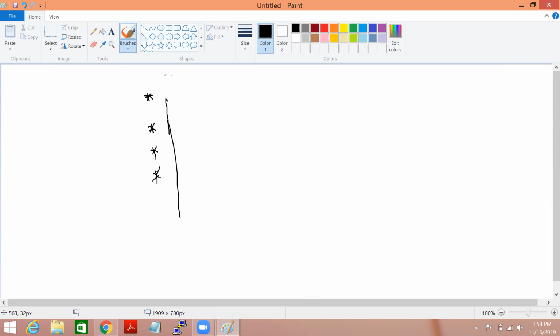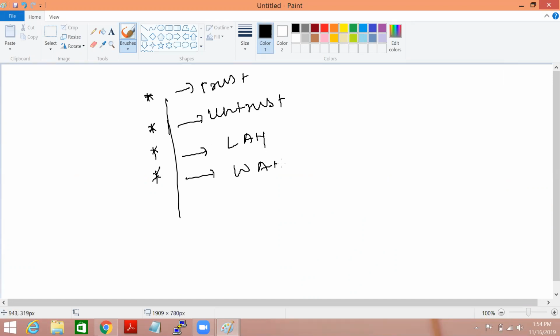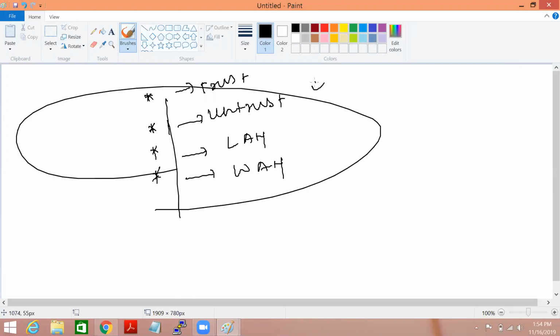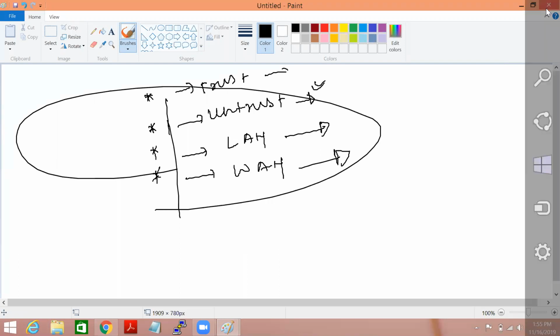The logical names people use are trust, untrust, LAN, WAN. Accordingly, people just give names. It doesn't mean these are the only names you can use. You can use any name, but it should be proper as per industry. So we can use LAN, WAN, trust, untrust, or whatever.